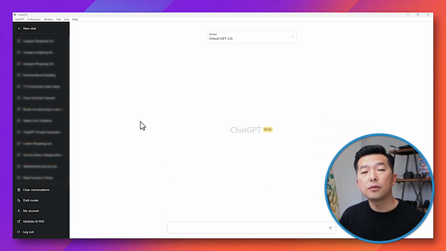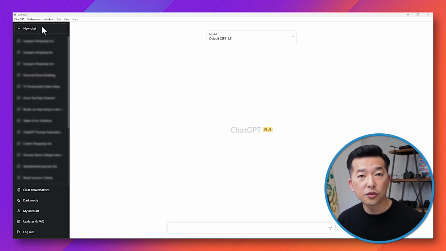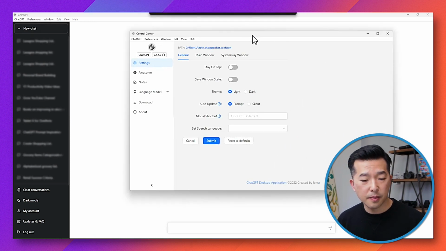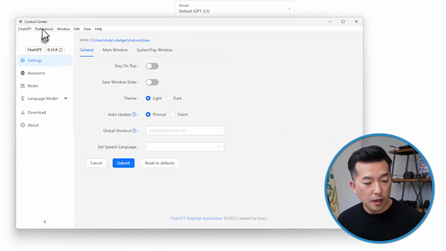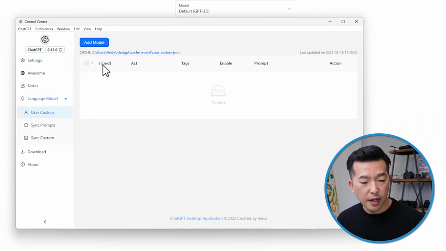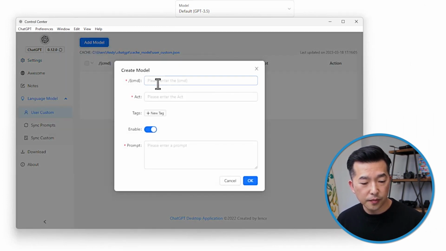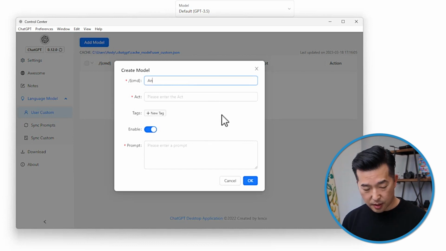So in addition to being able to use prompts that other people have created, you can also create your own custom prompts. Go back to Preferences, Control Panel. Let me drag this back into this monitor. And then go to Language Model, User Custom. And here you can click on Add Model. How are you going to retrieve this? So I'm going to put my name, Andy, act as a